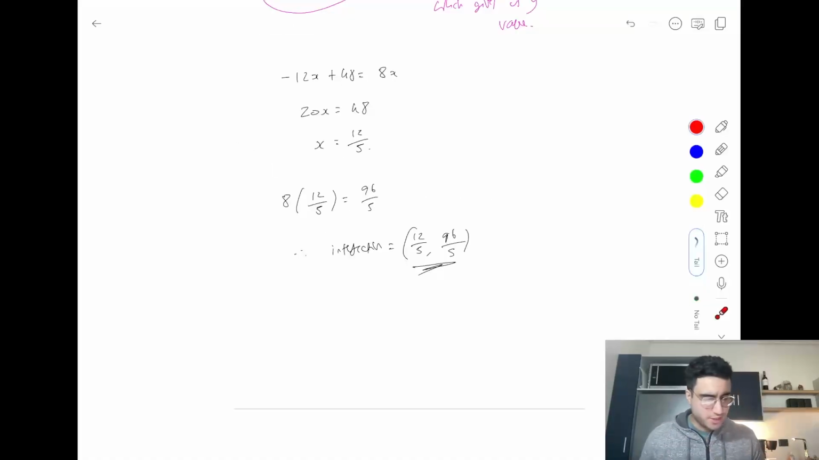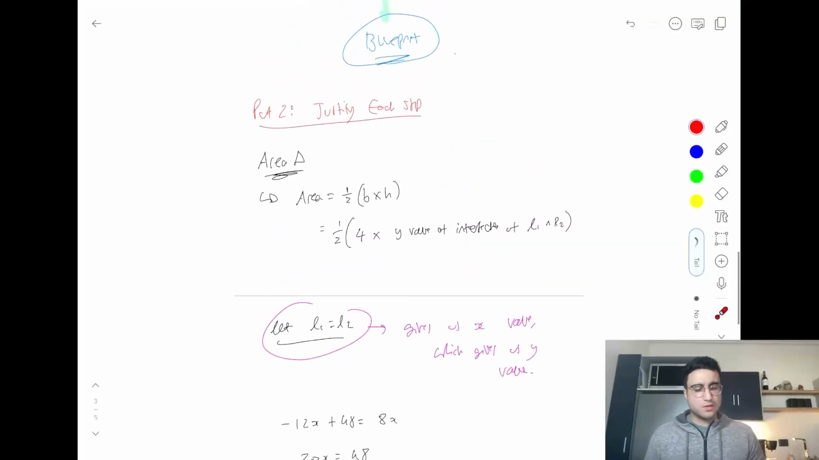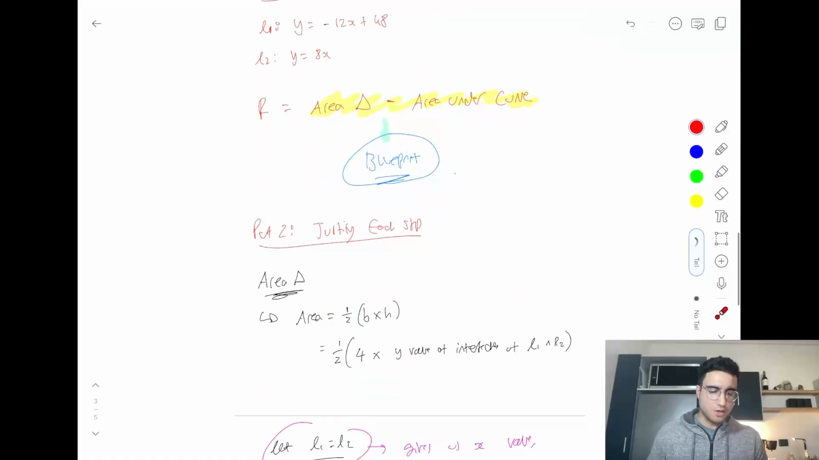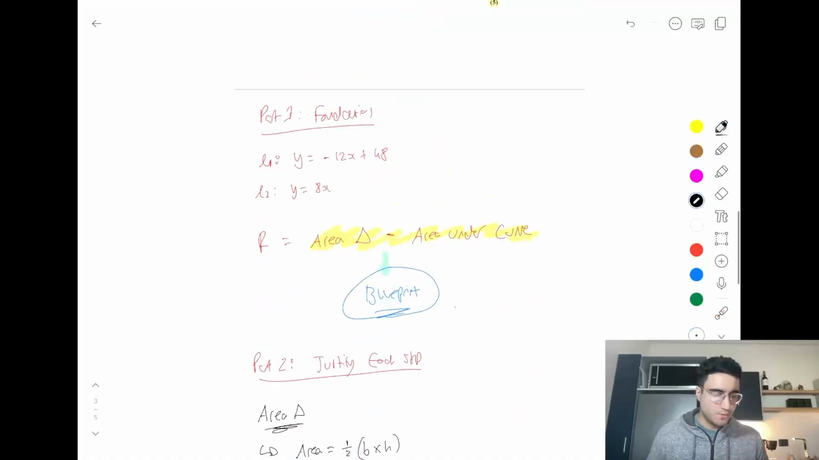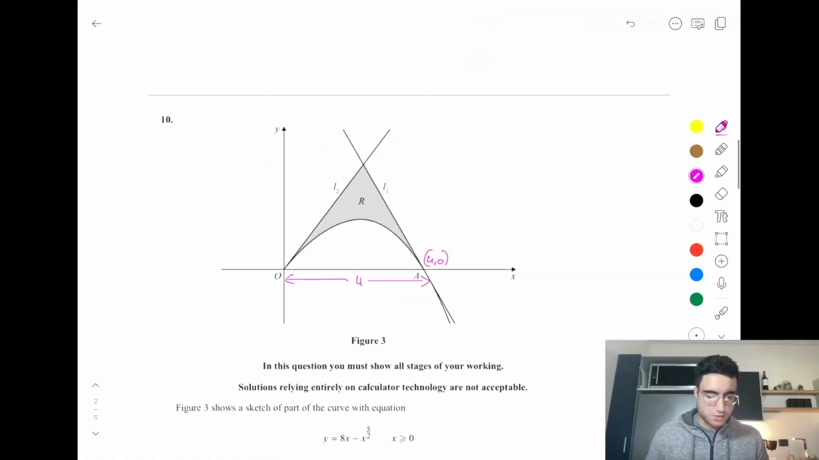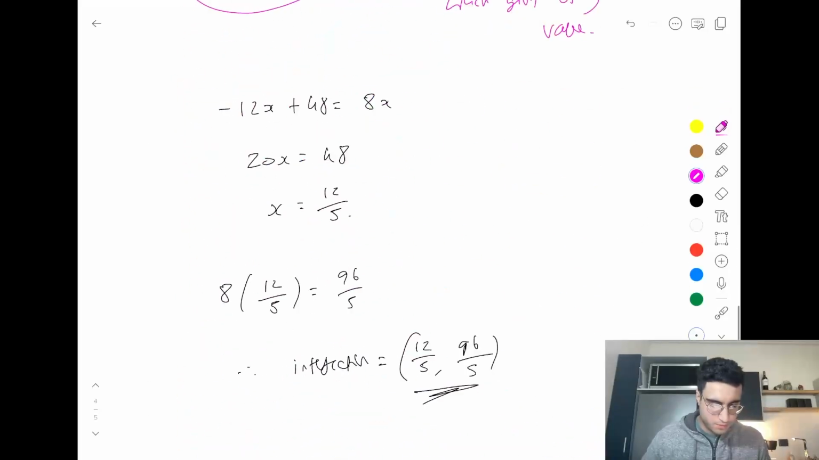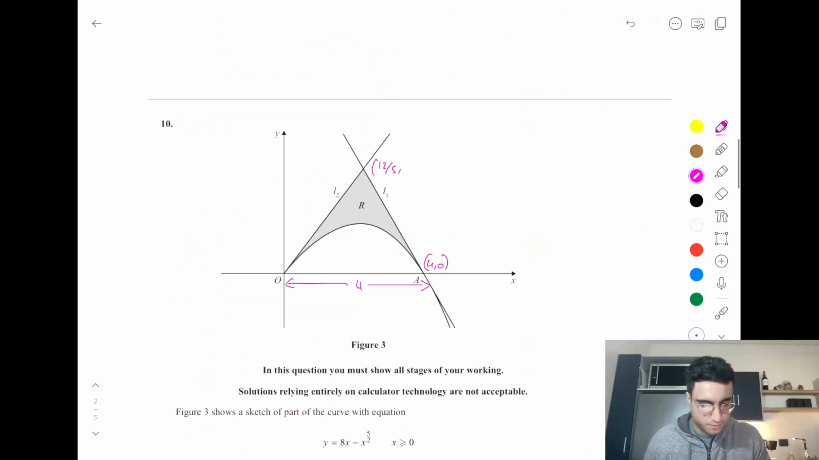Alright guys, so as you can see, our intersection is 12 over 5, 96 over 5. Okay, so now, again, going from the principle of justifying each step, what does that mean in terms of our area of a triangle, specifically the height? Well, if we've got 12 over 5, okay, 96 over 5,